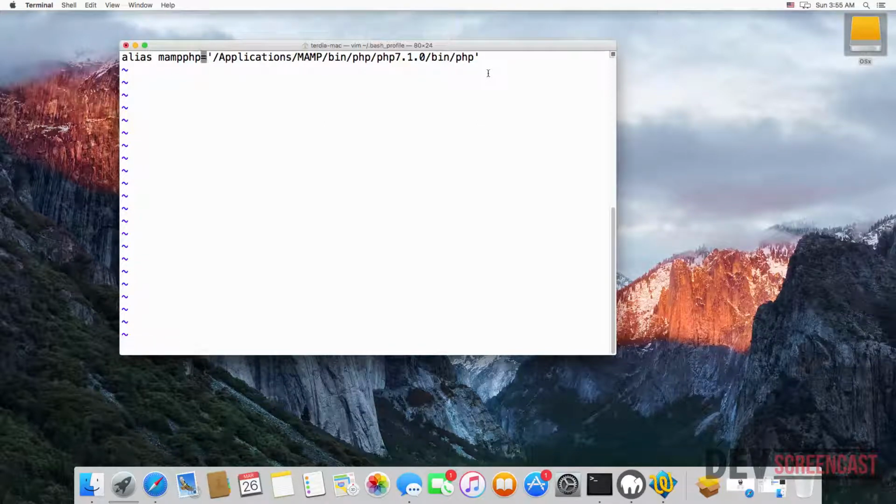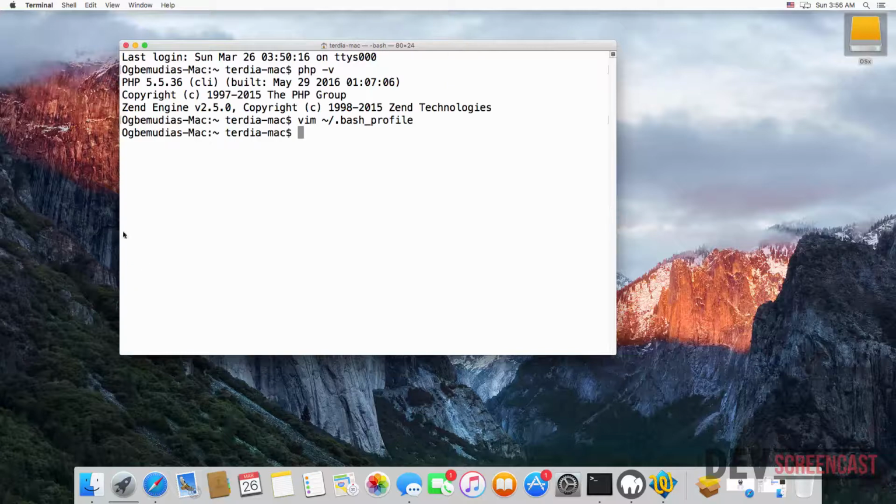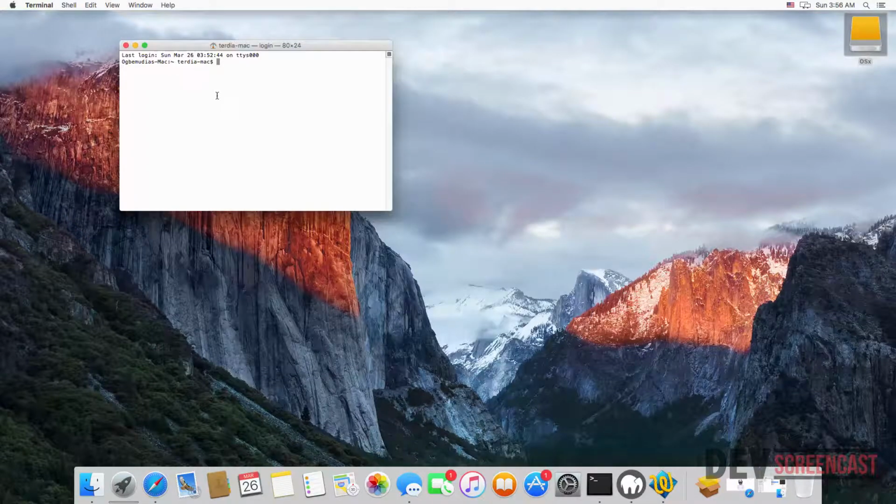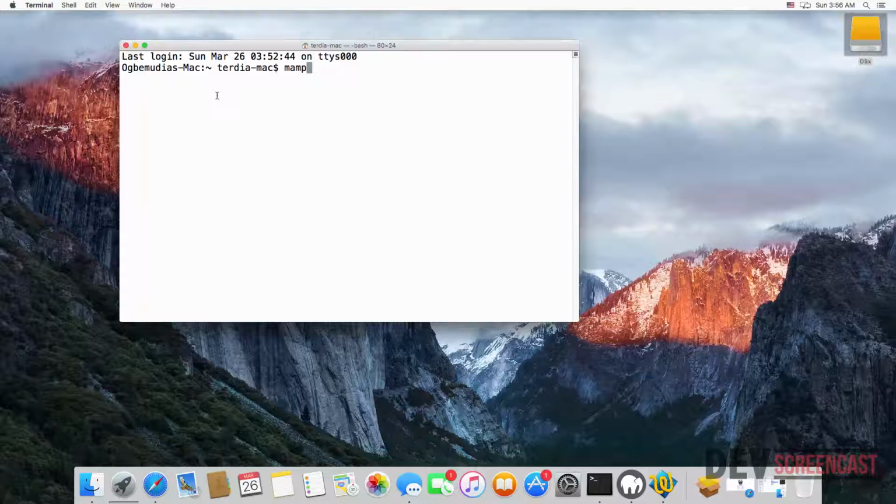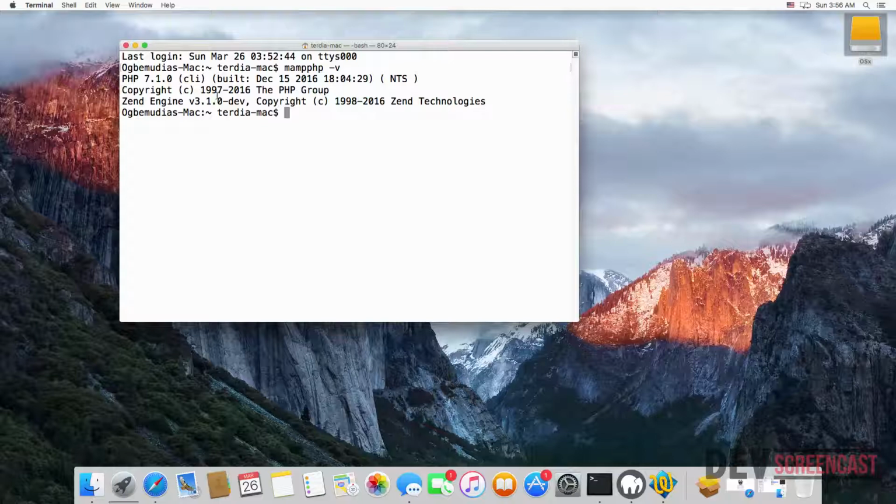All right, press the escape key and then press shift and semicolon to give you a colon, and then type in wq to write and quit. Now to see if our alias is working, we just need to type in mampphp -v. All right, it says command not found. This is probably because we need to open a new terminal. So just close this terminal and then open a new one. Then type in mampphp -v. Right now it tells me PHP 7.1.0